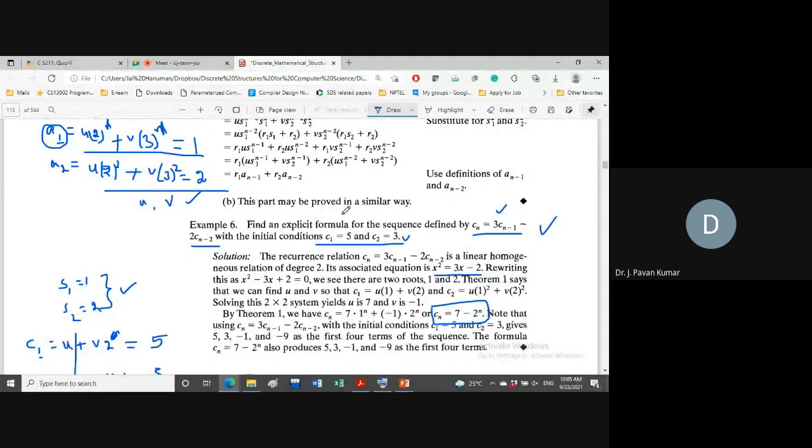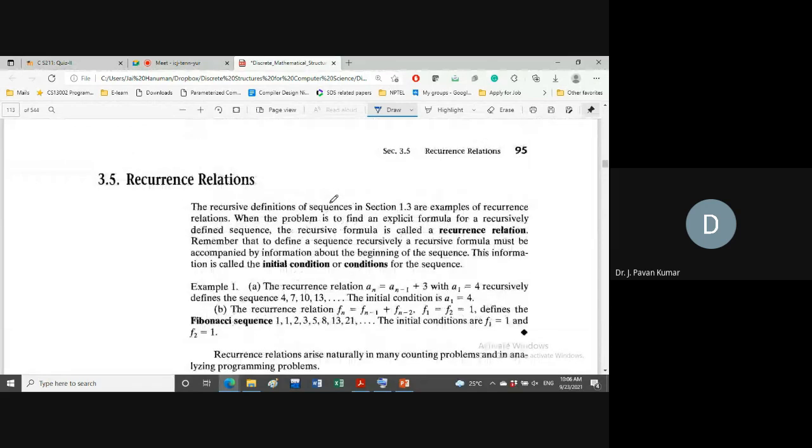Okay, in just 1 minute I will brief everything, try to recall. We started with what is meant by a recurrence relation. A problem can be solved by using recursion. As most of you are from computer science, I can use the word recursion here. Whatever formula we have for the sequence can be represented as a recursive formula or an explicit formula. If you represent it by using a recursive formula, we call it a recurrence relation.